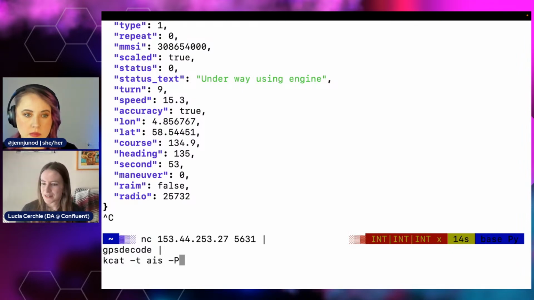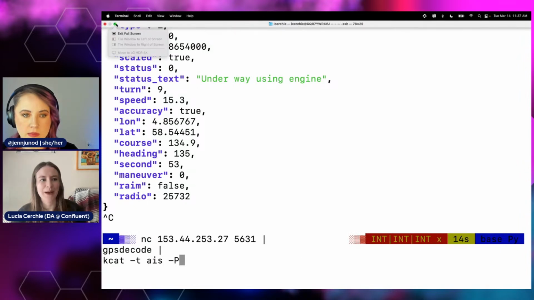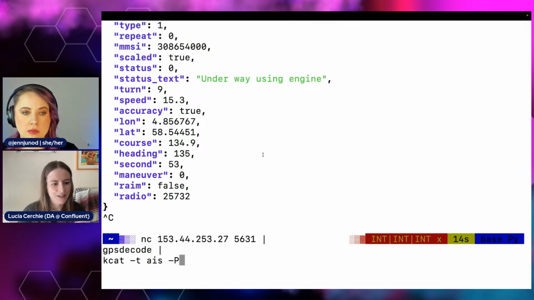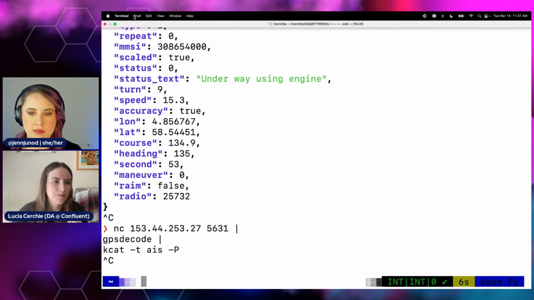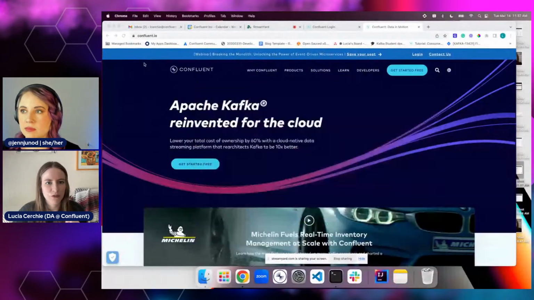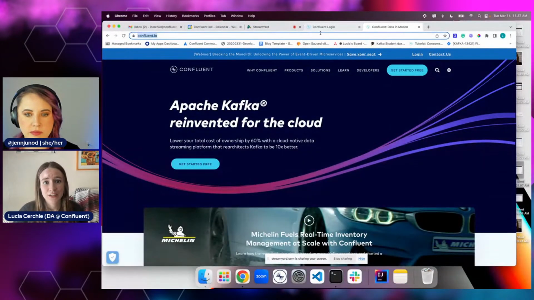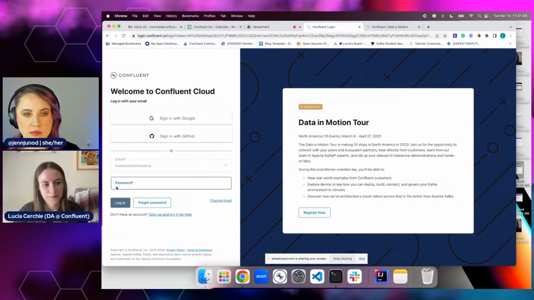I realized I was getting ahead of myself. We have to jump into Confluent Cloud and create a topic to pipe this to, right? Because if there's no topic, then it's going to send. Actually, it'll be interesting to see what kind of error that sends. Let me see. Might just not do anything for me. But we're definitely going to go into Confluent Cloud and create that topic so that it has something to pipe to. So I'm going to log in here.